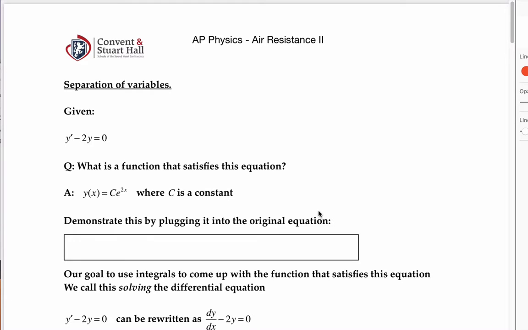I wanted to address this topic of differential equations that you're going to be doing in Calculus BC because we're going to be using it in AP Physics. And what we're going to do is this. I'm going to look at it from the math perspective, and then we're going to adapt it to